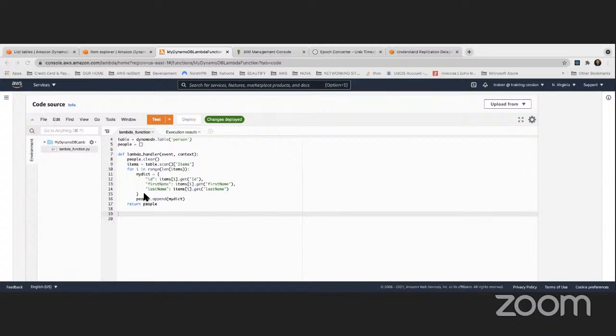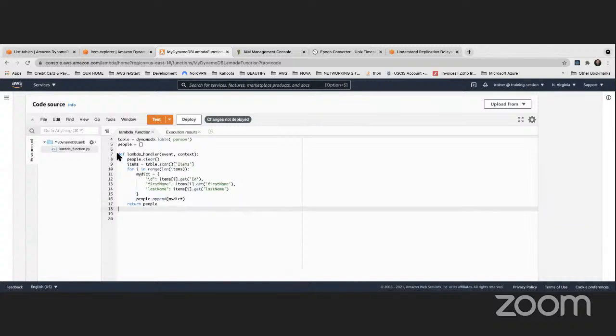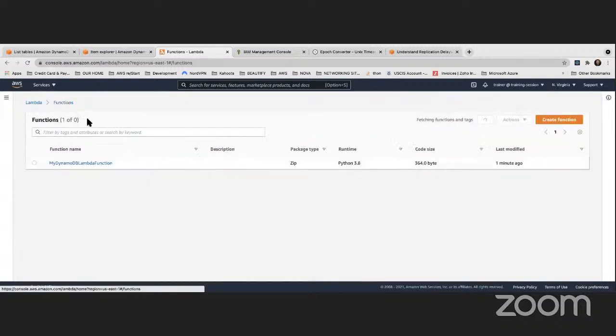Maybe once we have that, and we return this, we can create another function, and that could be